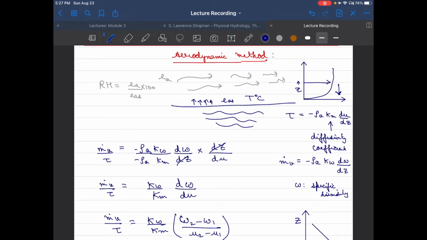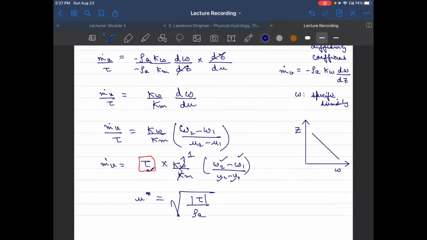That would mean that the direction of momentum transfer has to be downwards. So if you look at this equation and we have to take a square root here, if tau is actually a negative quantity, and it is always going to be a negative quantity if we define our direction of z as positive upwards and negative downwards. To make sure that the square root is always defined and we are not dealing with imaginary values, it's preferred to take this in the mod term so that the sign at the end remains consistent,